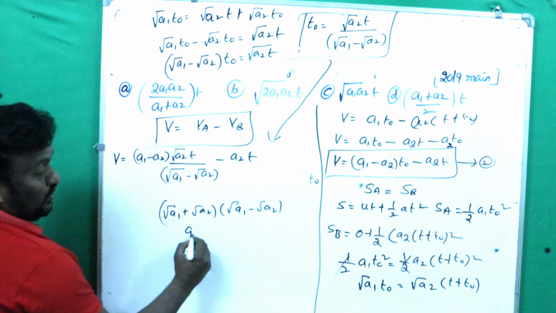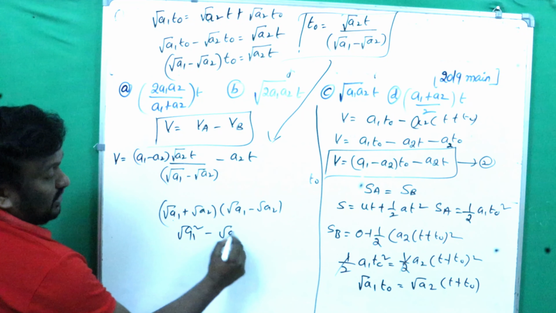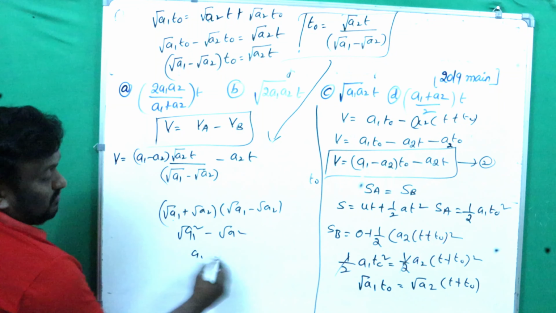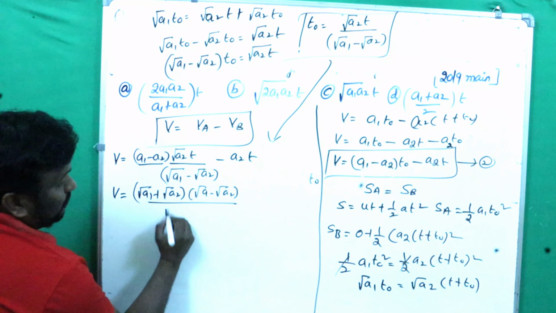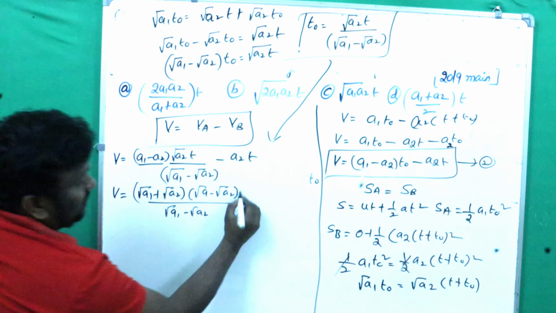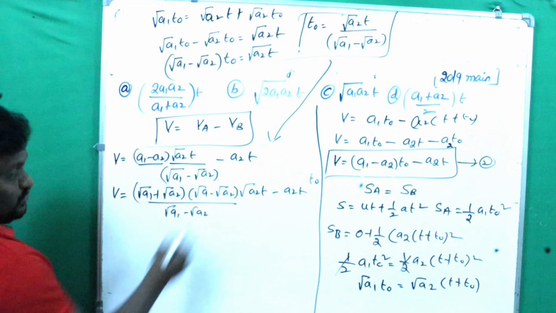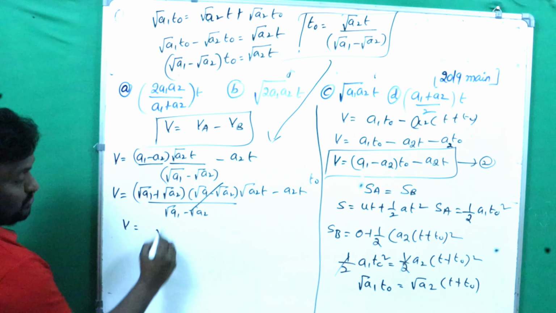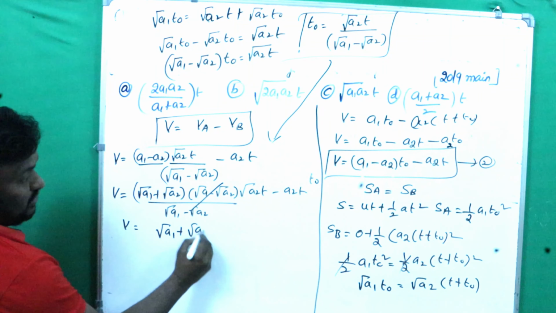Then what do you get? Root a1 squared minus root a2 squared. Then what do you get? a1 minus a2. Like that. Here I am going to write simply v is equal to, instead of a1 minus a2, I am going to write (root a1 plus root a2)(root a1 minus root a2) by (root a1 minus root a2) into root a2 t minus a2 t. Clear? So these two are cancelled. Then what you have, v is equal to (root a1 plus root a2) and again into (root a2 into t